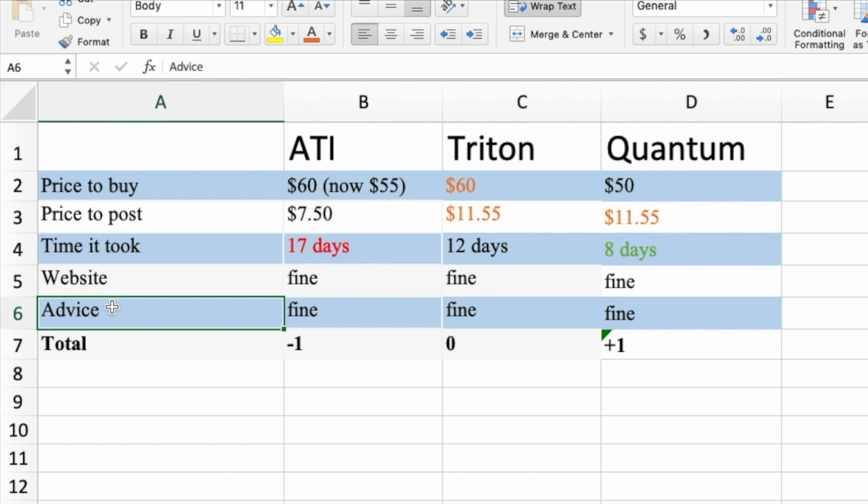The next two rows, I've added them in because this tab was looking a little bit bare without it. The website and advice, it was difficult to mark because it's such a personal thing. If I wanted to be really difficult, I could take a point off for the ATI website. I thought it was a little bit clunky, a little bit possibly German without being racist. It was just a little bit to the point, a little bit to the fact, and I don't know, just